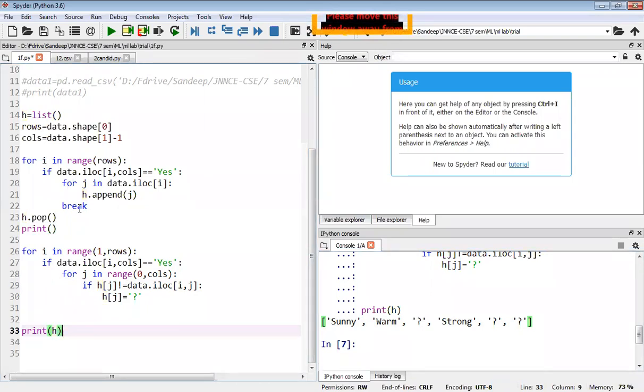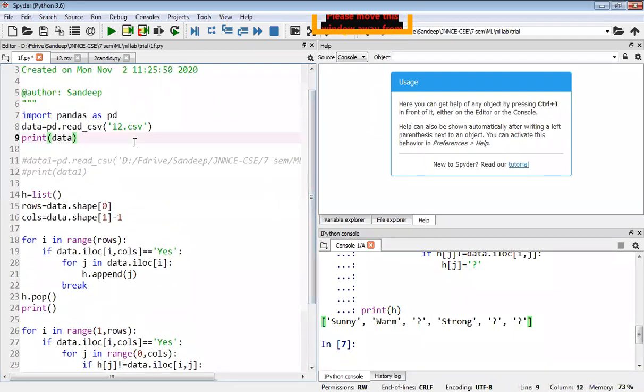This is the first lab program, and hardly 10 lines are there. Very simple program. The only mistake you will make is while giving this path. Don't give a backward slash; you have to give a forward slash in the path. So this is one place where you will make a mistake.